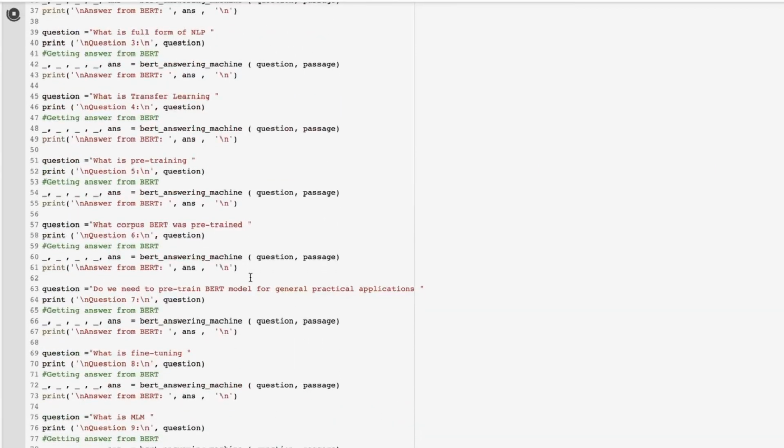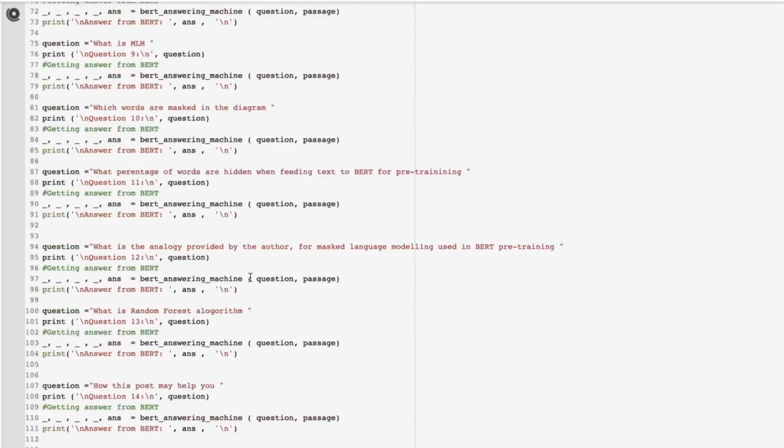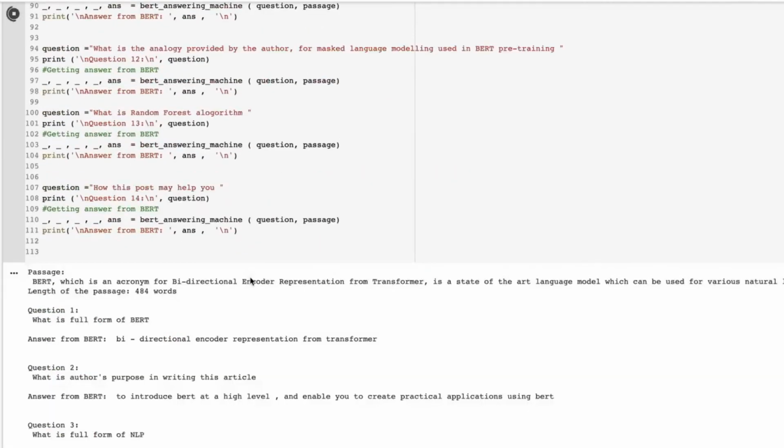I think I will go through these questions so that it will be just a revision of what was covered in the Medium article. Okay. So I will not read the passage again. This was pretty much covered in the Medium article anyway.